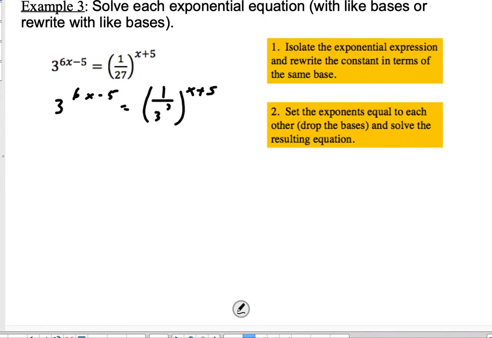Only problem is 3 to the third is down in the denominator, not up there in the numerator. So to flip 3 to the third up, you have to change the power to a negative. So it's going to become 3 to the negative 3. Now I can get rid of the like bases there, and I can say 6x minus 5